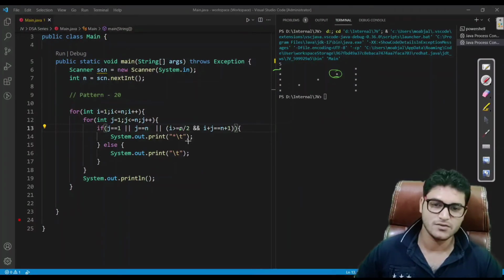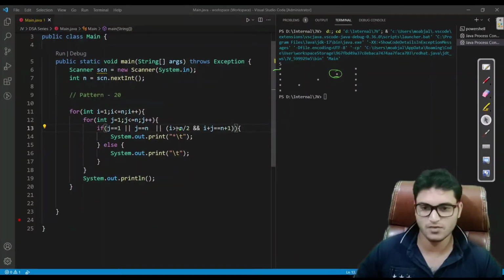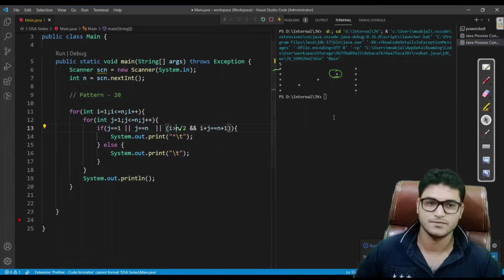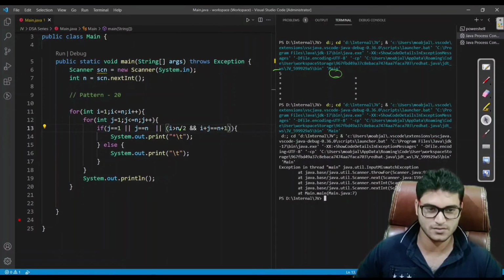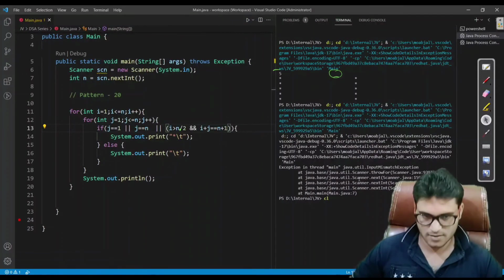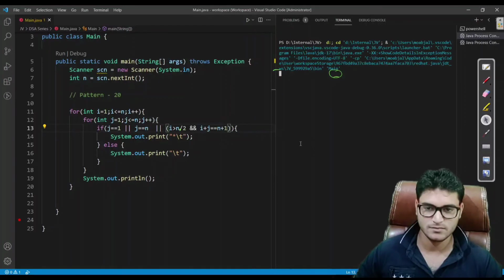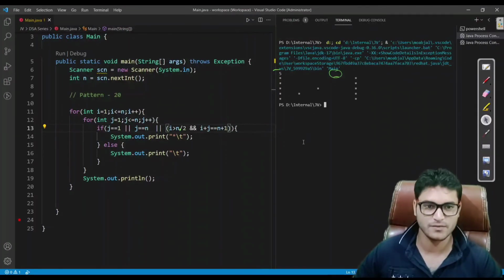Okay, so first of all we do not have to apply the equal to sign. Let's see now, because it is comparing in this row only, we have to compare in this row. So let's clear this and then run it. 5.